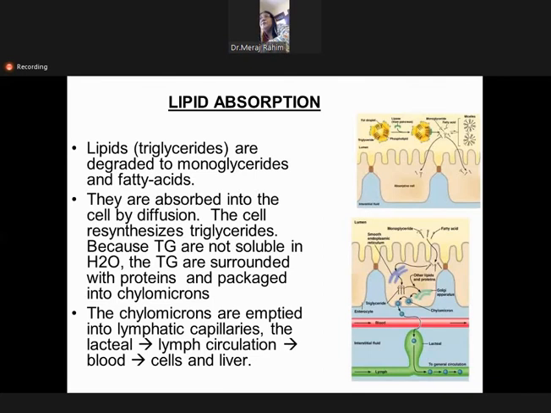The lipid absorption also occurs in the GIT, which I have told you. All the things which have been absorbed are taken by the portal blood to the liver, where they are further modified, and the things which are not needed are detoxified by the liver. So the lipids, when they get absorbed by the GIT, are in the form of fatty acids, they get absorbed by means of diffusion, and when they get absorbed by diffusion, they are coated by proteins, okay? They are coated by proteins in the form of chylomicrons.